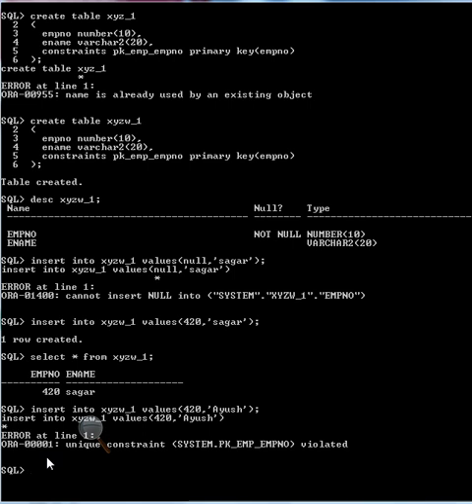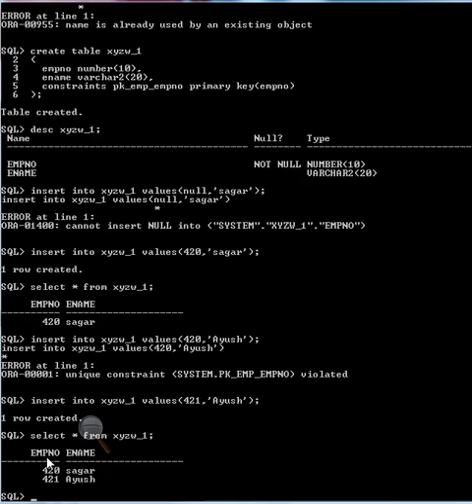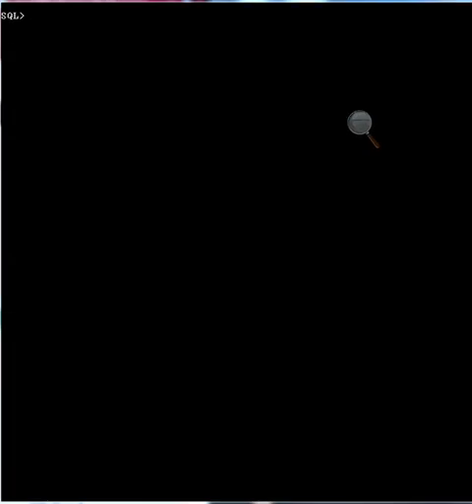So let's try to change that. 421, one row created. Now select star from xyzw_1. Okay, so we have inserted two values over there.